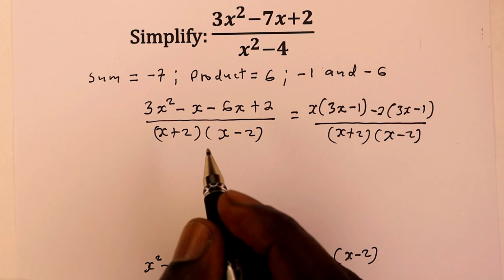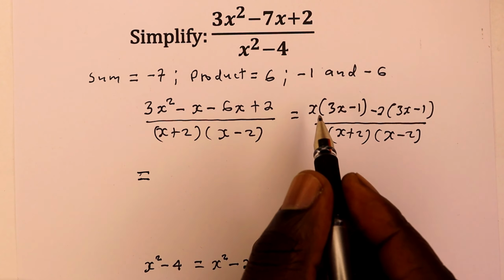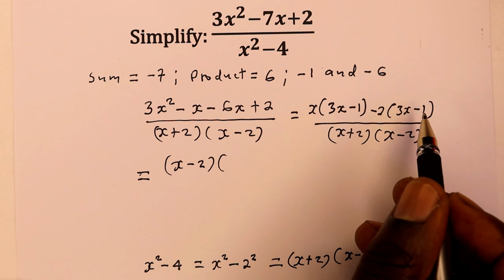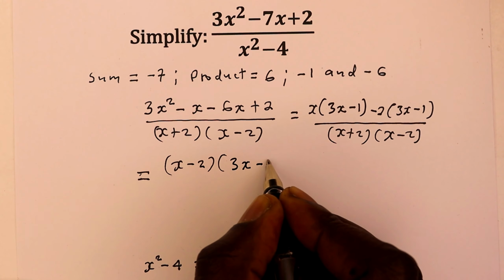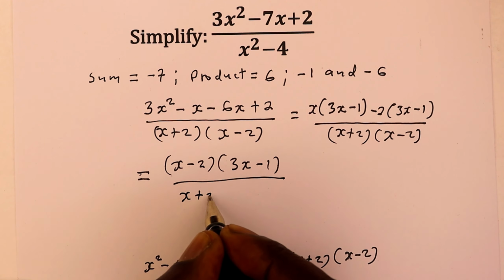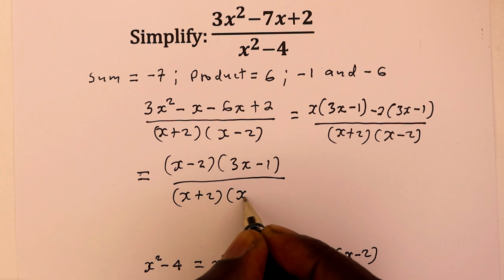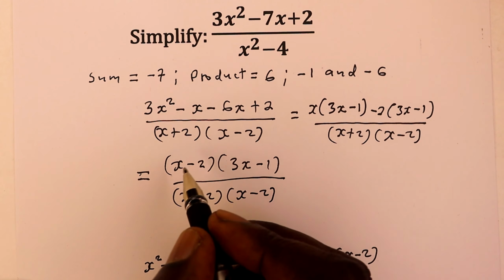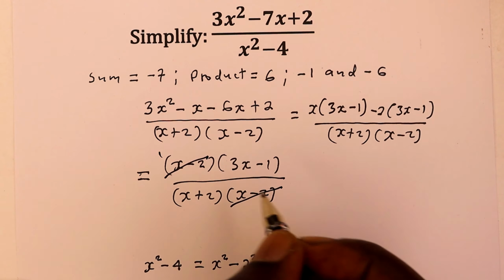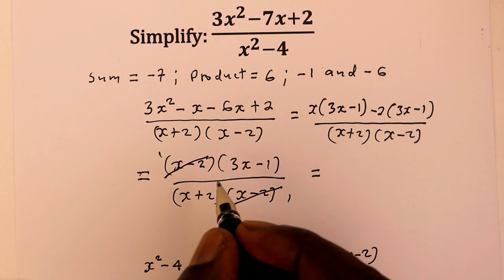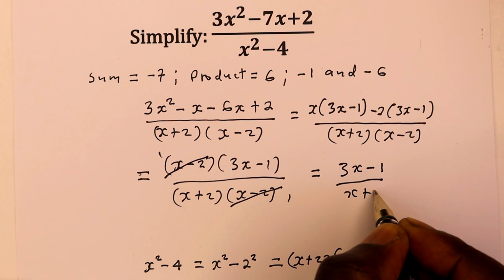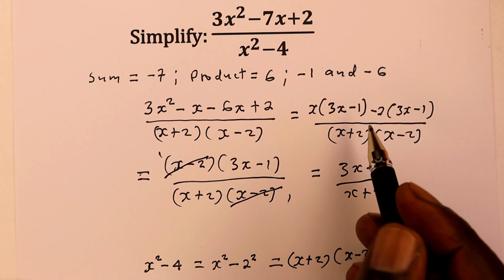So now in the numerator, we have x minus 2, and then we pick one of these in the brackets, that is 3x minus 1, and that is over x plus 2 into x minus 2. So now x minus 2 into x minus 2 once. So it means, therefore, that what we are left with is 3x minus 1 over x plus 2 as the simplified form of this